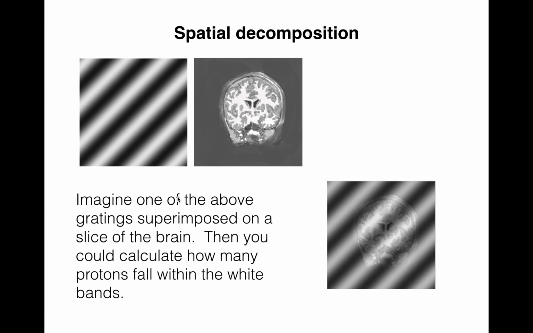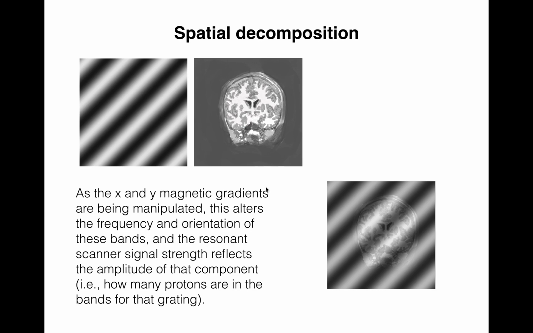So imagine that you took one of these bands, one of these gratings, and you could superimpose it on a slice of the brain that happens to be just at that point in the z-axis that you're ringing. You could calculate how much the light pixels in the image line up with the white parts of these bands, which is actually what the scanner ends up doing. So that thing I said about manipulating the X and Y magnetic gradients, it actually creates a pattern like this across that Z-plane that we talked about, and